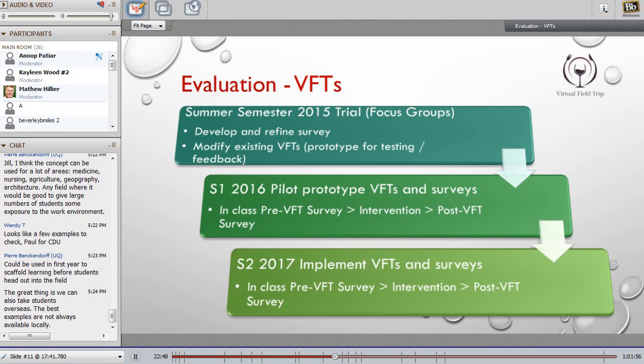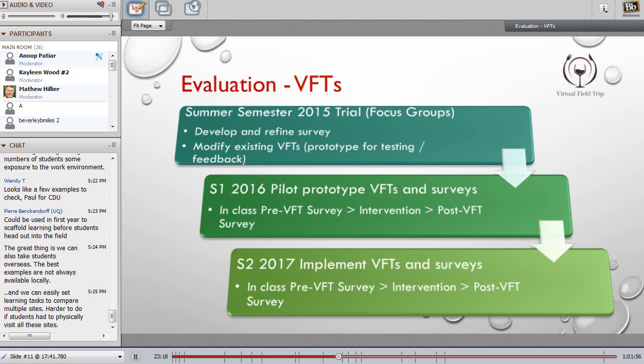In 2016 we were able to implement those prototype virtual field trips into courses in 3 of the 4 partner universities. This also allowed us to do the pre and post surveys with the students and collect very useful data, and at the same time refine the instrument as well.